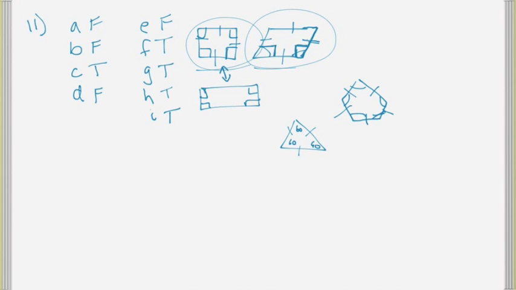Alright, so that is what your chapter 7 test would have been like, but now you have it to review for the